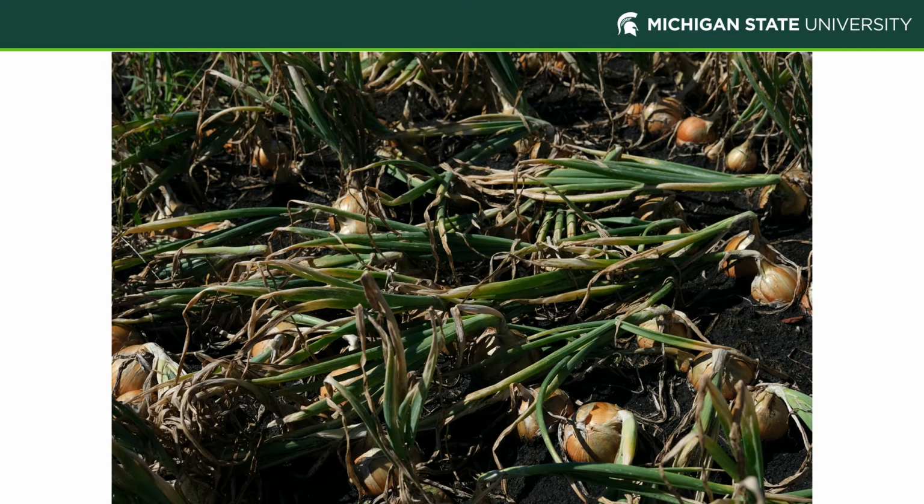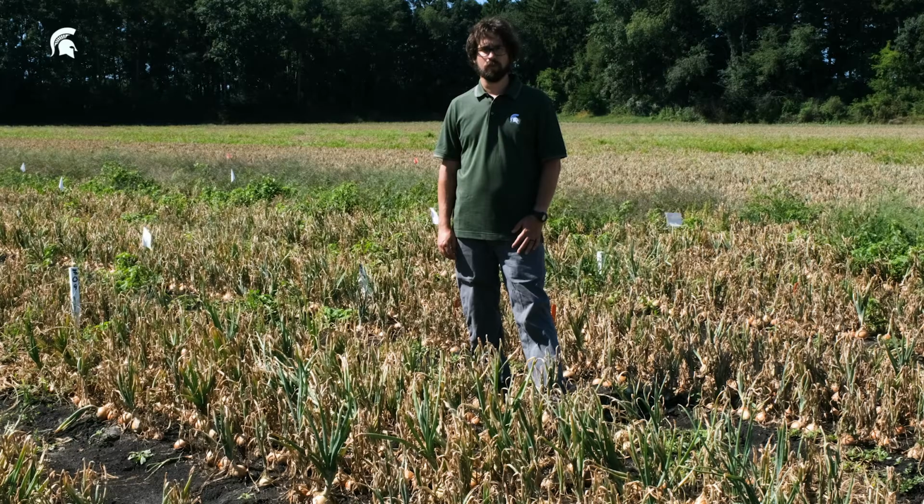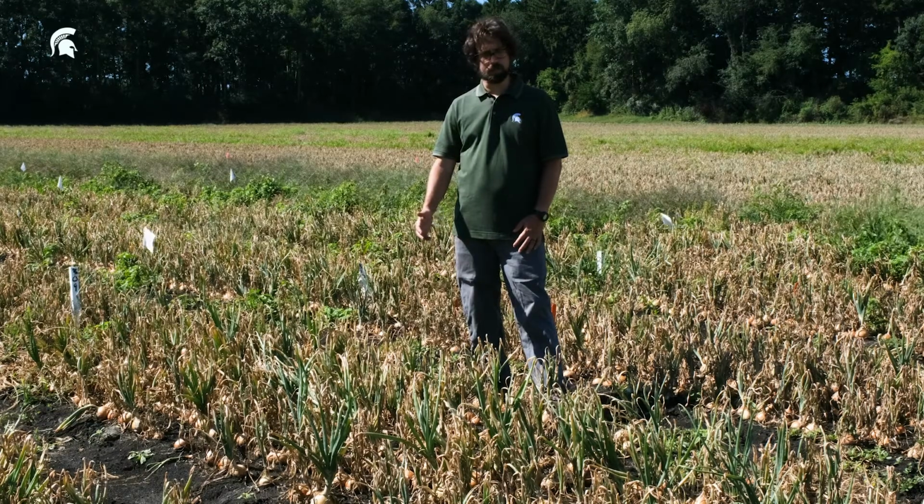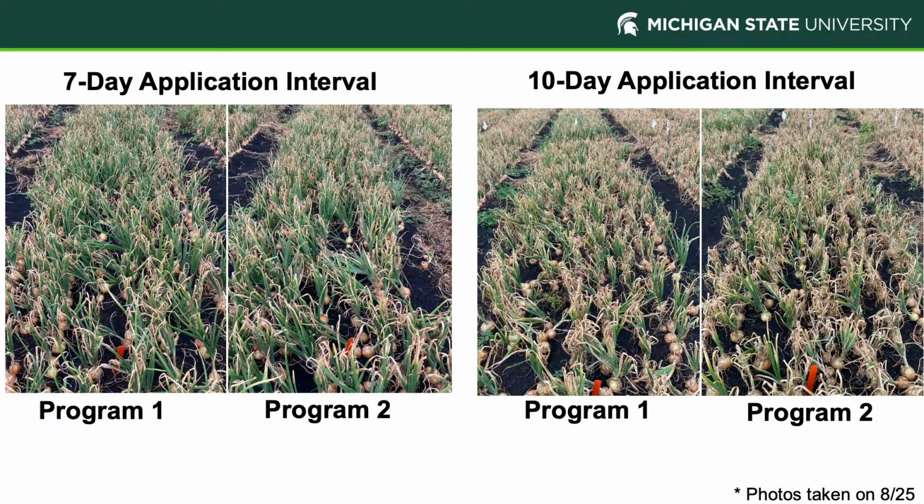So let's go take a look at the 10-day application interval. Okay, so this is fungicides applied at 10-day intervals. There's a little less green tissue in this plot compared to the 7-day interval. Let's see how that works out on the statistical end, and also in terms of yield size, but a little less green tissue in the 10-day, but not by much compared to the 7. Almost pretty close, the 7 and the 10-day application intervals.